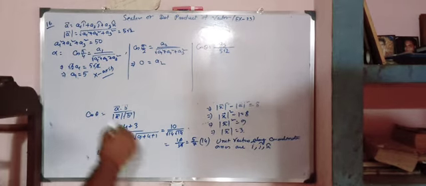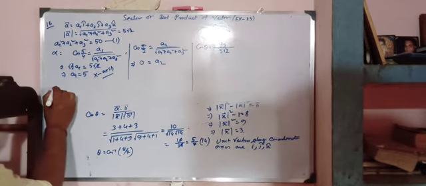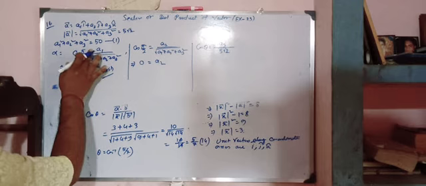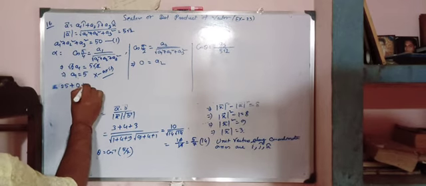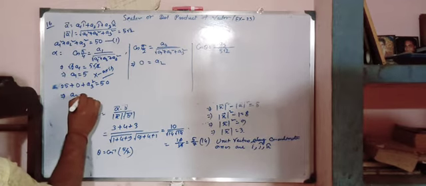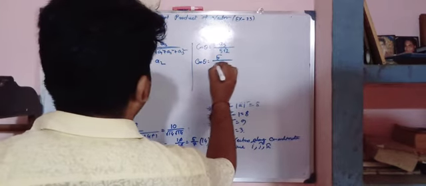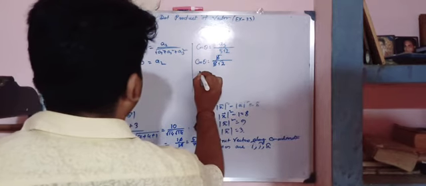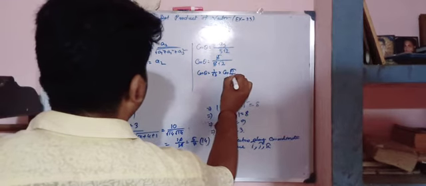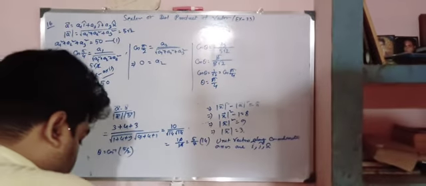Now we should consider this relation from 1. Put the values over here. A1 square is equal to 25 plus A2 square, A2 square is equal to how much? 0, plus A3 square is equal to 50. Now A3 is equal to how much? 5. So cos theta is equal to 5 by 5 root 2. So cos theta is equal to 1 by root 2, that is cos pi by 4. So theta should be how much? Pi by 4.